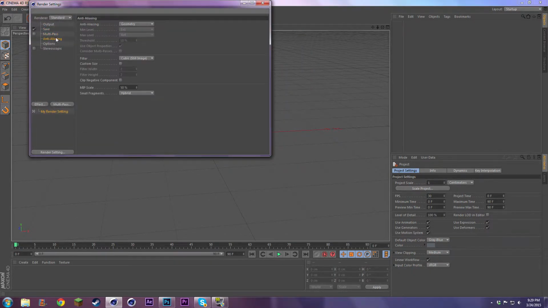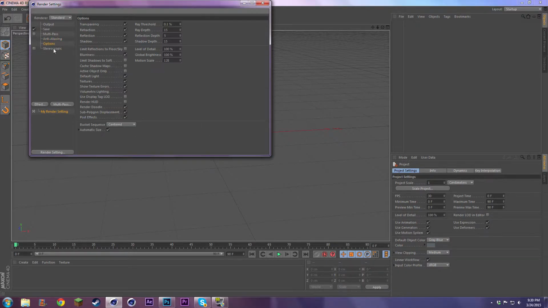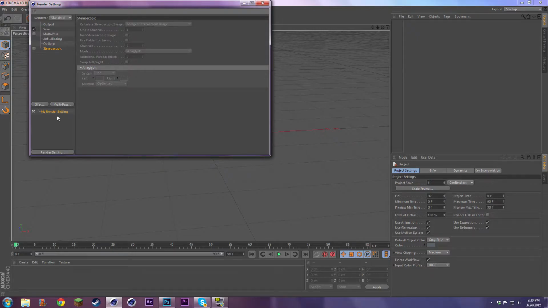Then multipass, anti-aliasing, go to best and turn min level to 2x2 and max level 4x4. This just makes edges look cleaner and straighter on the Minecraft character. You don't really need these for animations, because it actually makes render times a lot longer, but just for renders, they don't take that long anyways. It's good. So then effect,